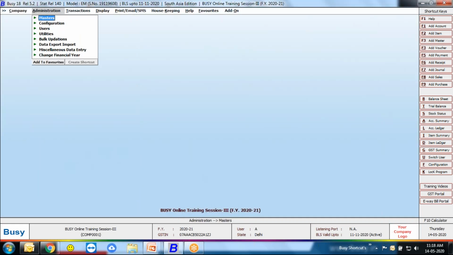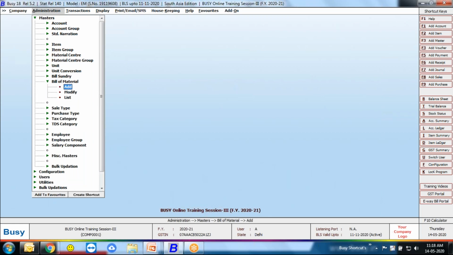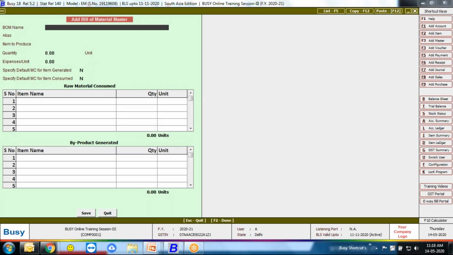then go to administration, masters, and go to bill of material. How to add bill of material? Let's see. Click on add. Name of bill of material. Before adding a bill of material,